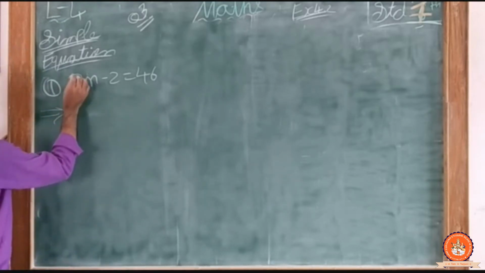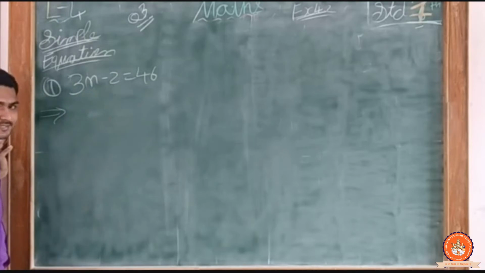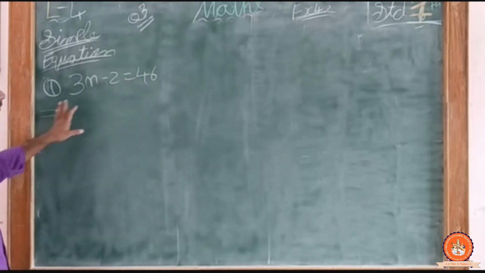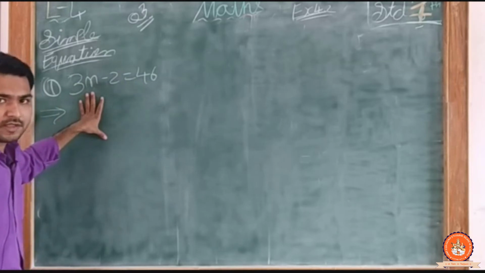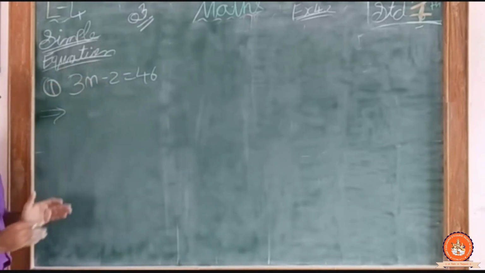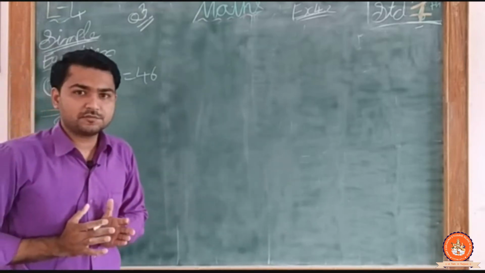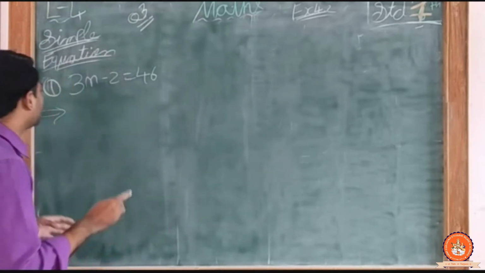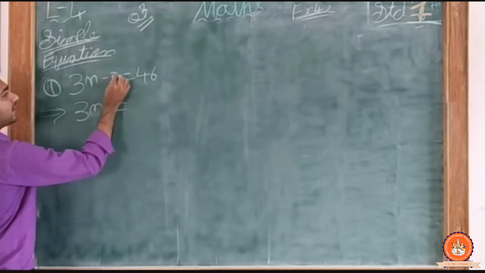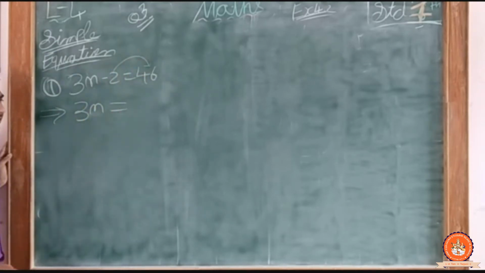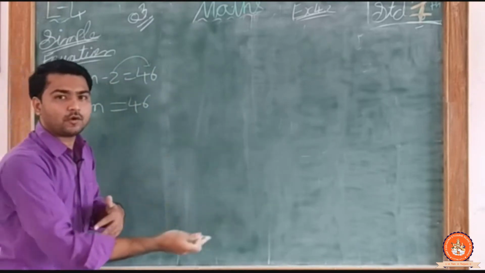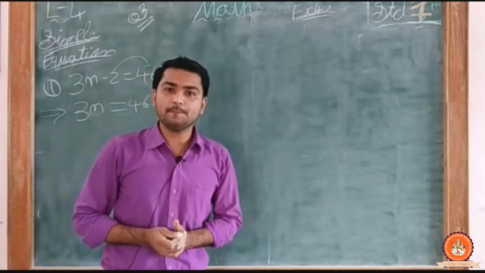So we have the question 3n minus 2 equal to 46. So what we will do, as I told you, we want to find the value of n. हमें क्या find करना है, value of n find करना है. तो पहले तो what we will do, we will make it alone. The variable which we want to find, we will make it alone. So 3n, okay, taking this minus 2 on the right side of equal to sign. So 46 as it is, and this is minus 2. After going on to the right side of the equation, it becomes plus 2.